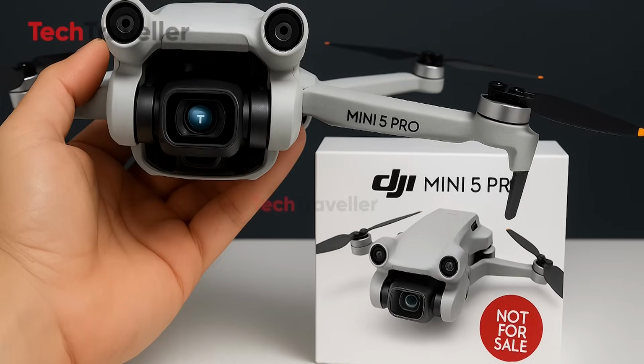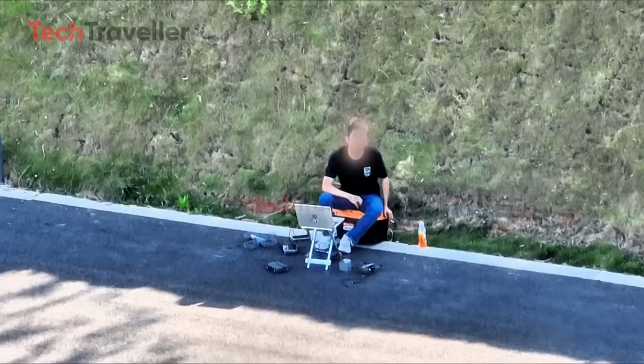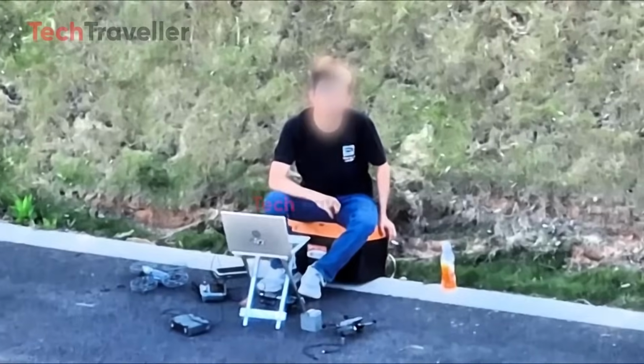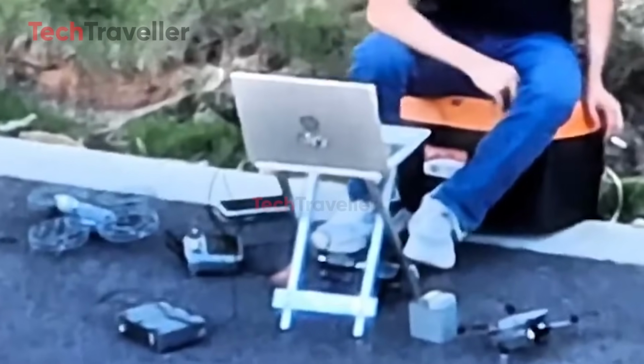DJI Mini 5 Pro. Work in progress. Mauro Tandoi has just dropped a cryptic teaser that's already shaking up the drone world. In a short video captioned "Mini 5 Pro, work in progress," we catch a glimpse of what could be